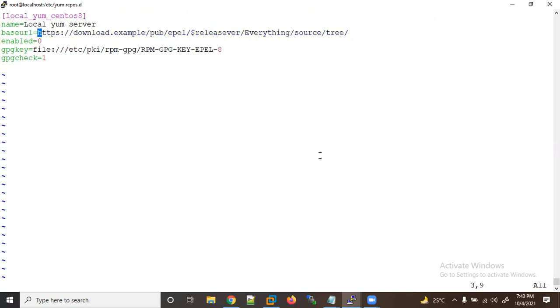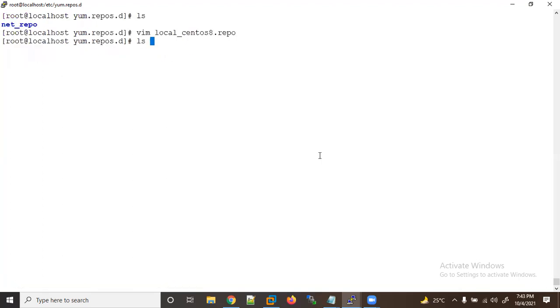And right now we will learn locally. I will mention the local path only. So I'm removing this, and let me give the local path. I'm using a file here. This is the syntax: file, and I need to give the local path. Let me save it here. Which path do I want to give?